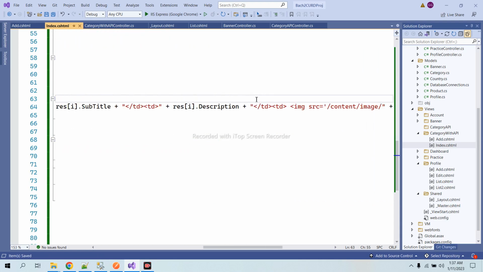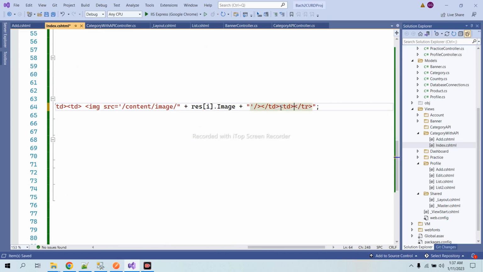And we have to add the edit page here. td td. We have to create the edit page. That's why I will add an a tag, and the a tag will be closed. Inside, the text will be edit. The href will be